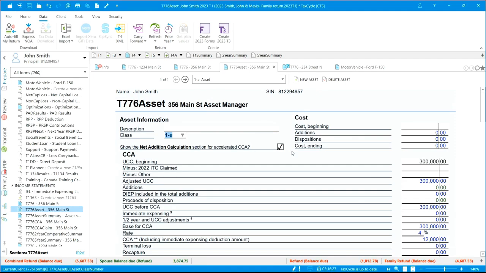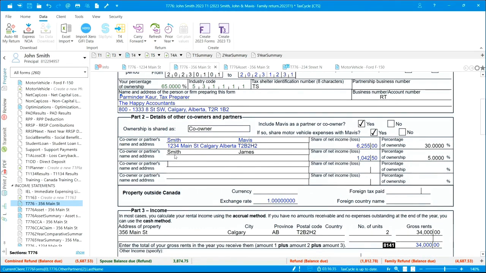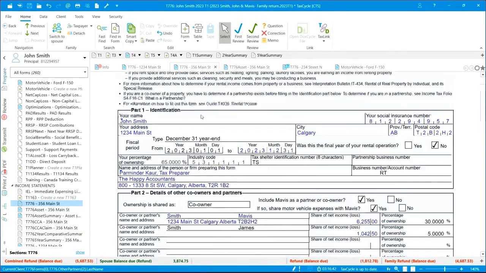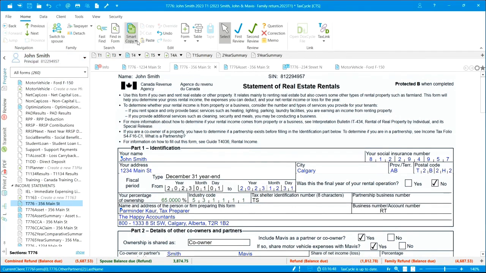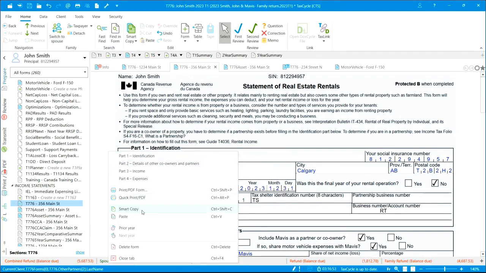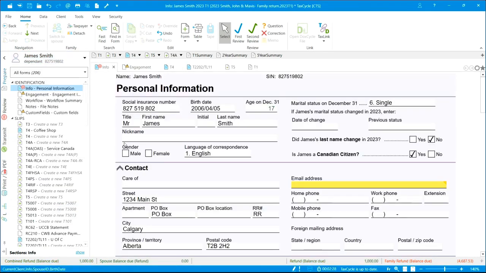And the last thing I just want to quickly mention, the smart copy paste. So we do have a James Smith with whom this T776 information is not being shared. So what we need to do is we can go to the home page. We are in the correct rental statement, and then under home you can see there is a smart copy. You can click copy T776 here, or you can right click or click smart copy, or you can use the keyboard shortcuts as well. And then as soon as we do that, we're going to go back to James's return, and then we will hit F4